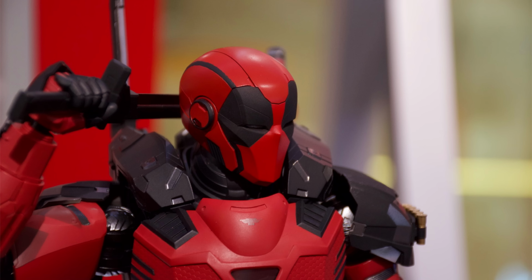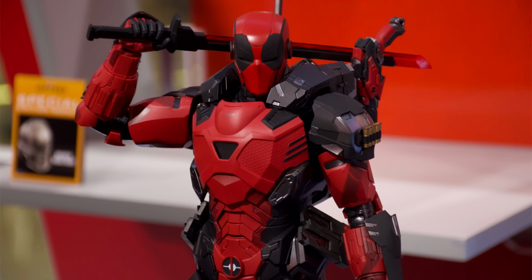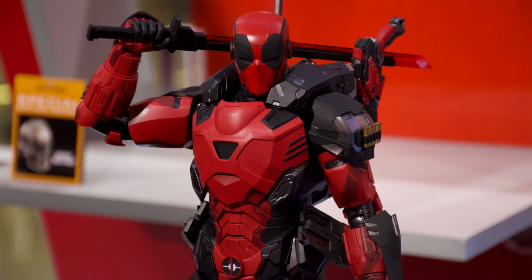Something that does have me a little bit worried though is the eyes on the helmet. As you can see, this is how he'll be if you don't have the lights switched on. And it kind of is missing something. Deadpool has those iconic piercing white eyes, especially now in the film they use them a lot to have him emote. But with this figure, it's wearing an Iron Man helmet, totally fine with that. I would have loved for them to have included some frosted white lenses. I mean, you could still light them up. When you flick the light switch, they will light up perfectly fine. They're still translucent. But they would have looked lit up and still been white when you don't have the LEDs